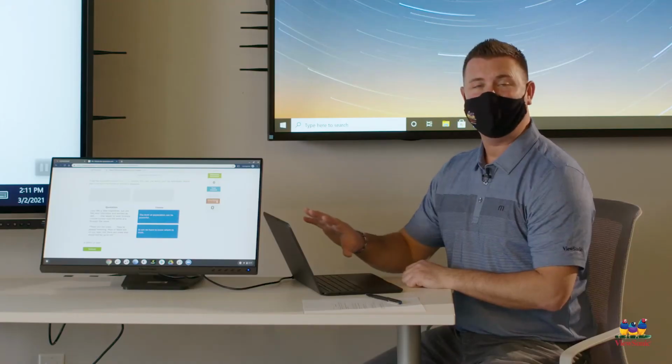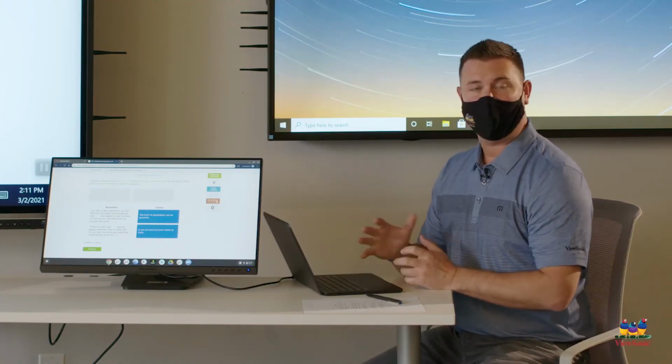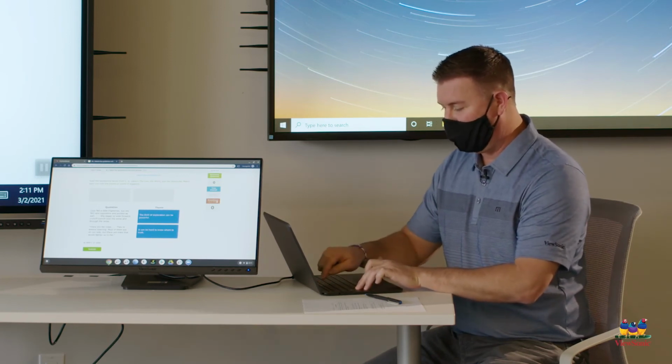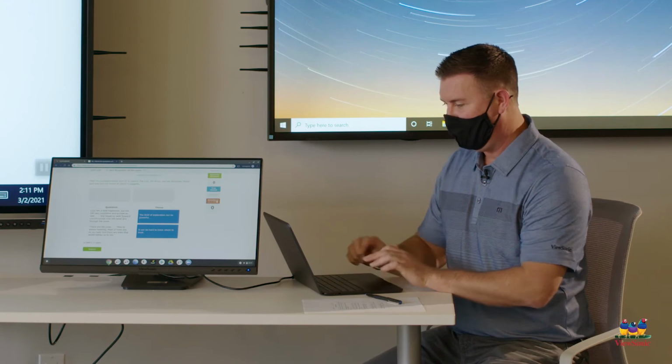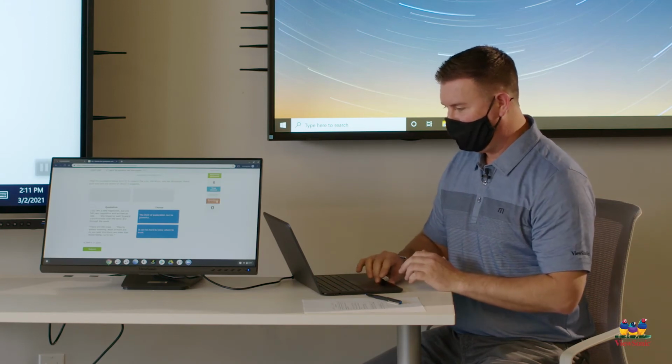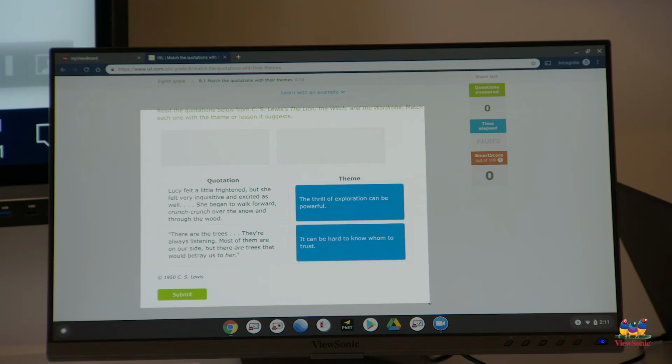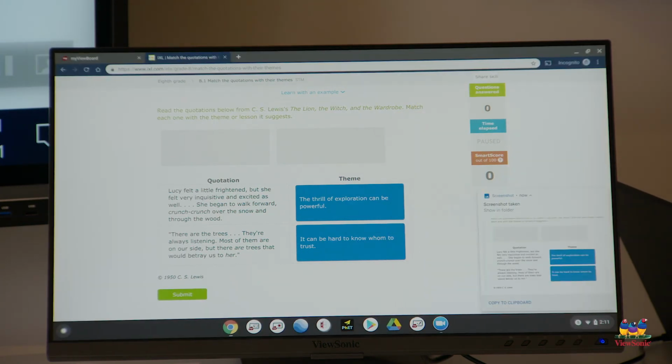So I need to take a screenshot of my work. So on a Chromebook, Control-Shift in your window display, which on my keyboard is above the number 5. I get crosshairs to which then I can draw and basically take a screenshot of that portion of the screen. It automatically goes to a file folder. I go to